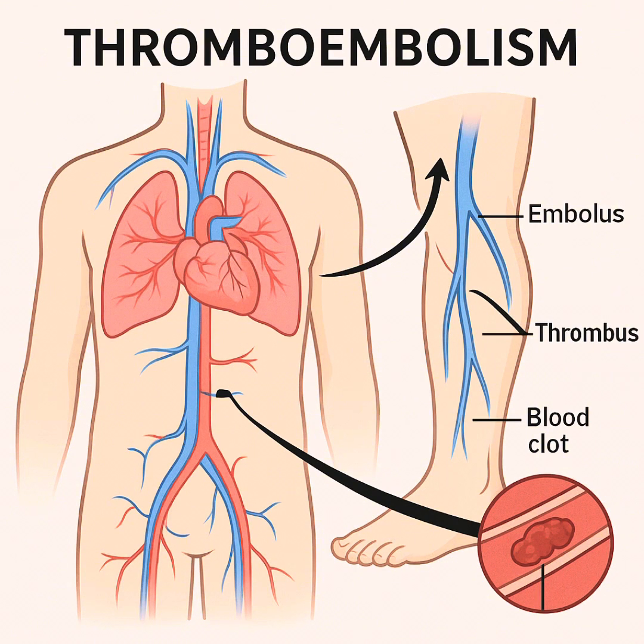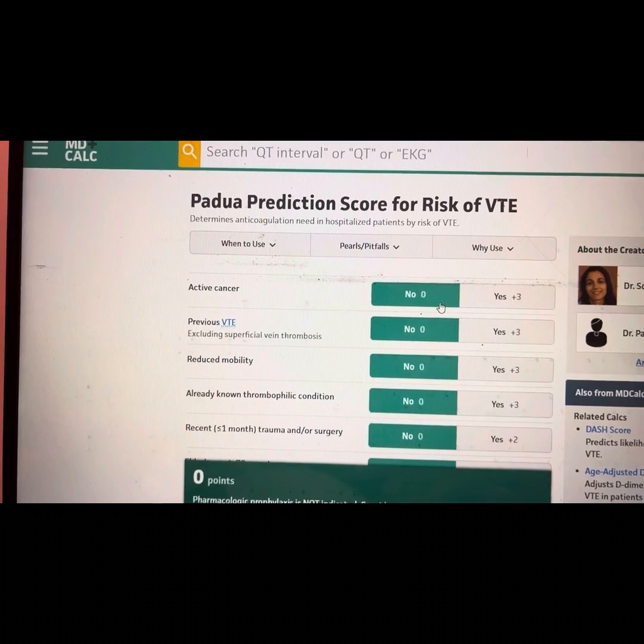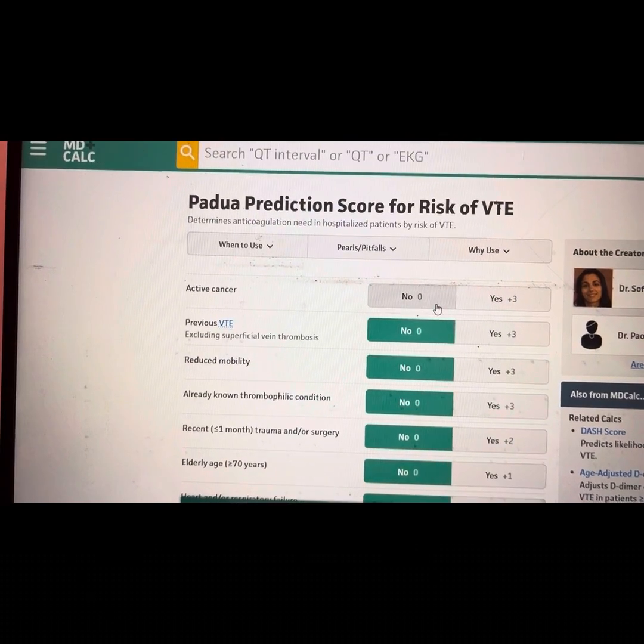Now let's talk about the Padua score. We do the Padua score for all patients who come in for admission. If the patient has reduced mobility, like if the patient is going to be admitted for more than 3 days or something like that, and if the patient is elderly or obese, then you calculate the score, and based on the score,